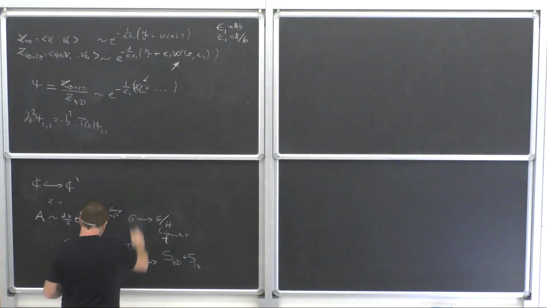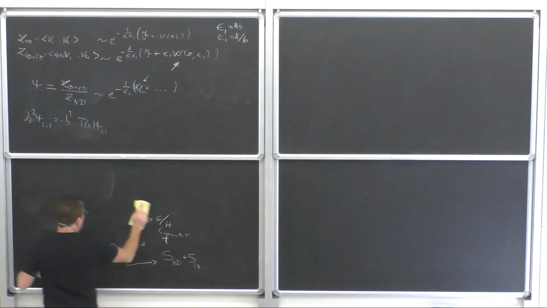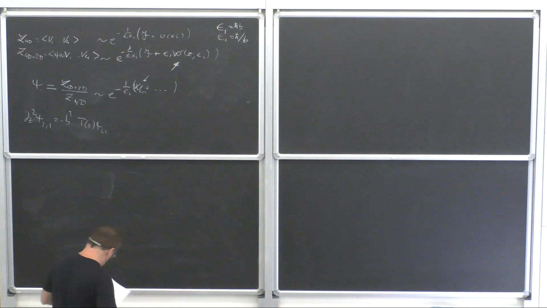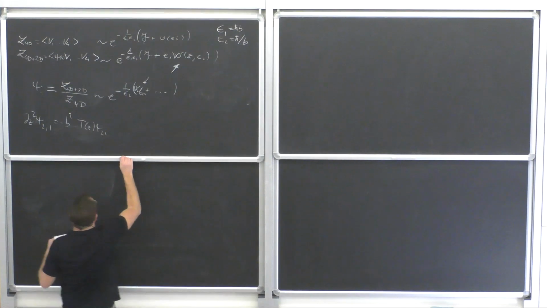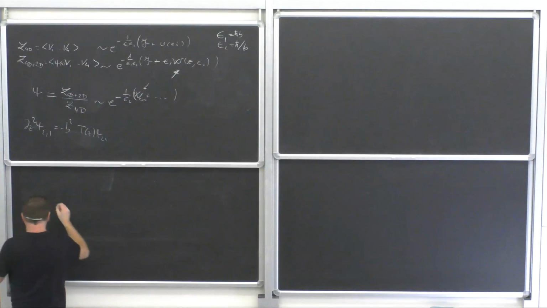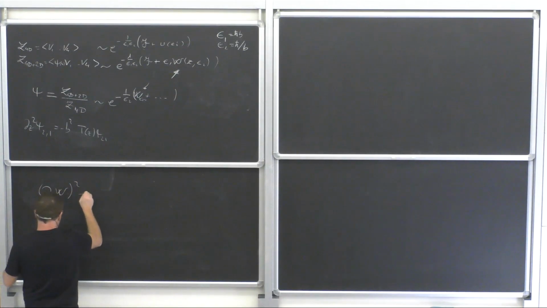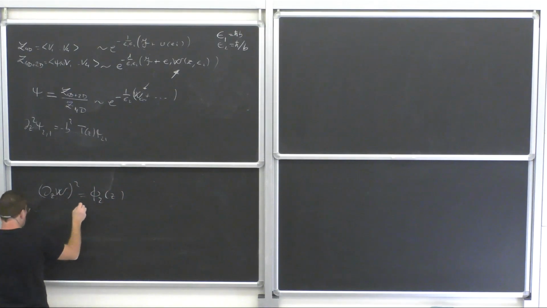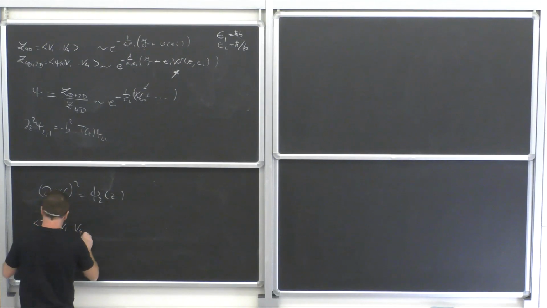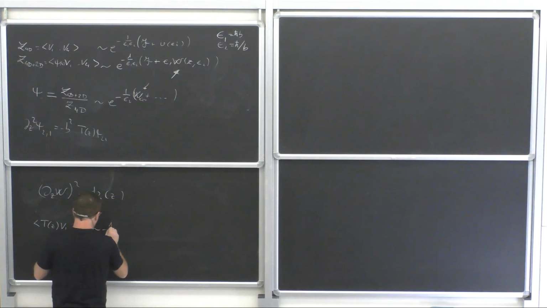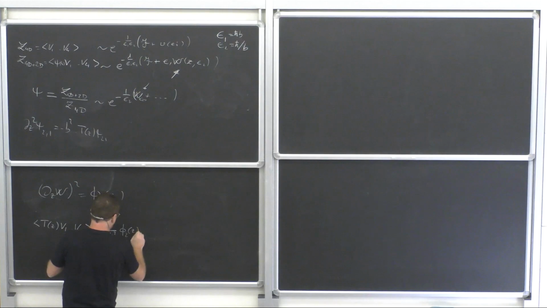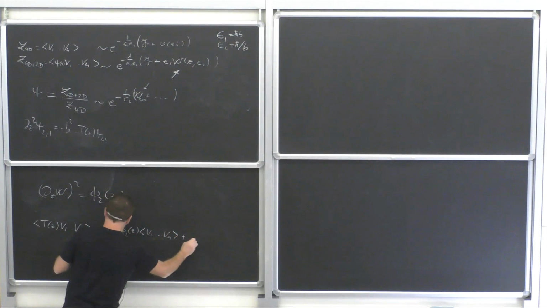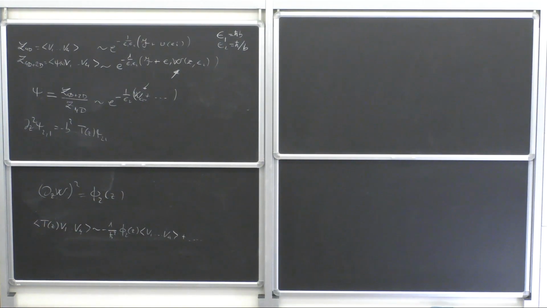And so I find that there is a WKB-like expansion, which tells me that the leading order term in the expansion of the wave function satisfies this equation here, where phi 2 is the leading order term that I find expanding to the first leading order the insertion of the stress energy tensor in the equation. Now,